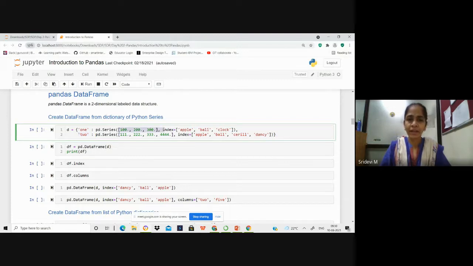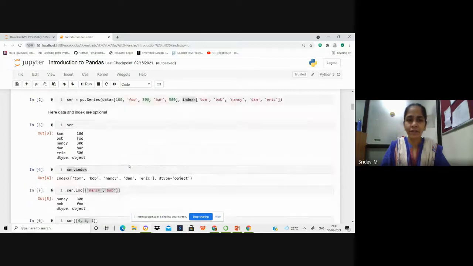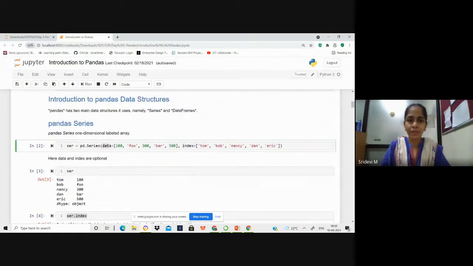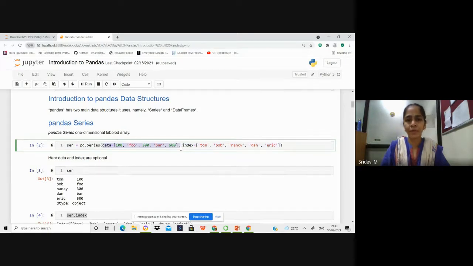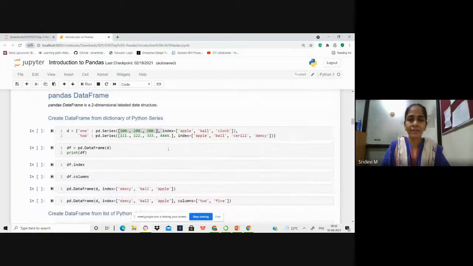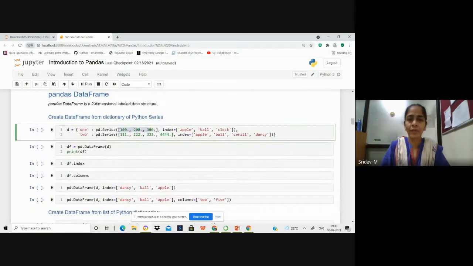You can see that I have omitted the data argument, though I give the values. In the previous case, we have given the data argument and mentioned the list of values for it. But in this case, I have not mentioned data because it is optional. I can skip mentioning index also. That is also optional.